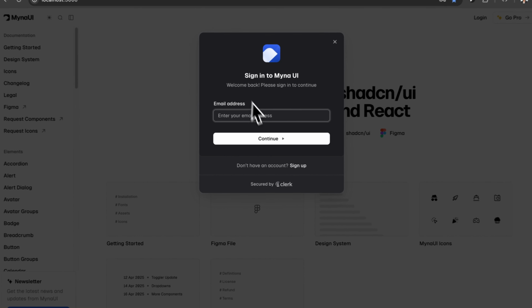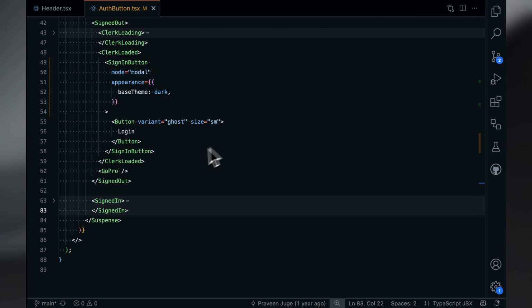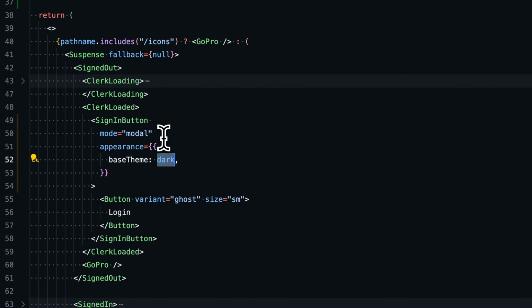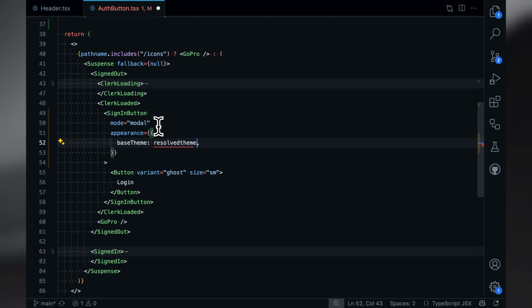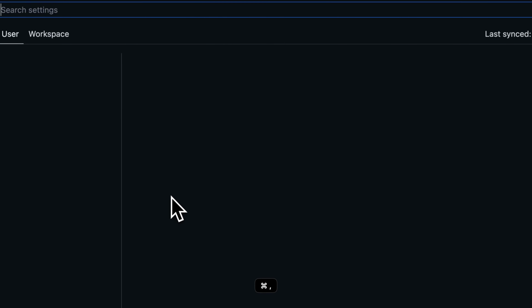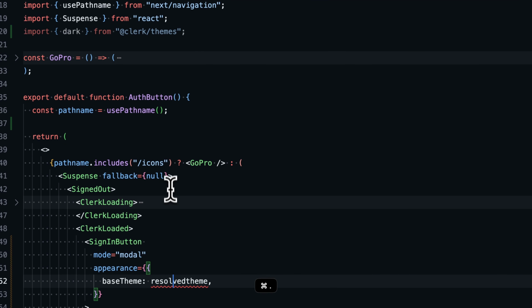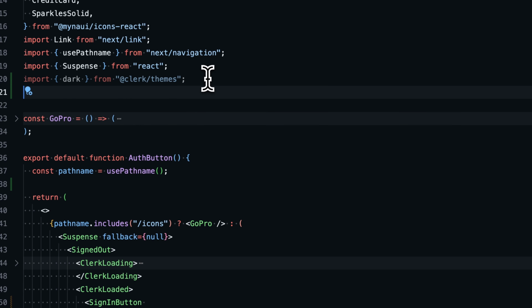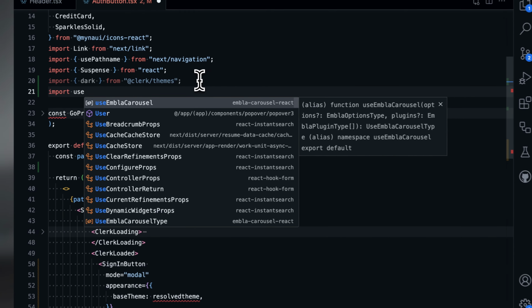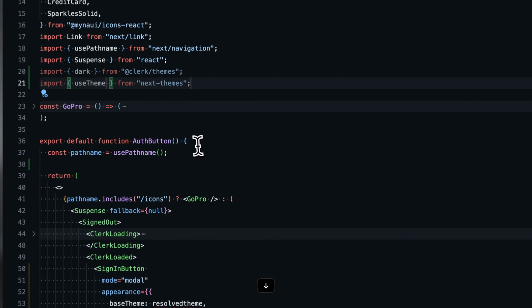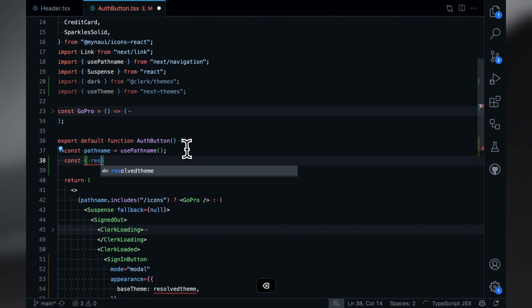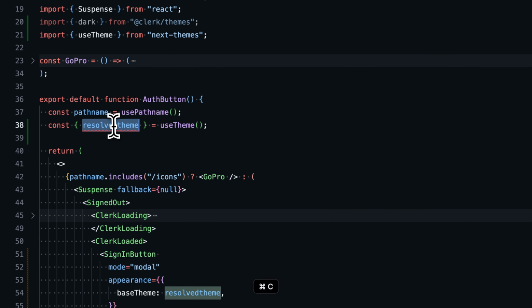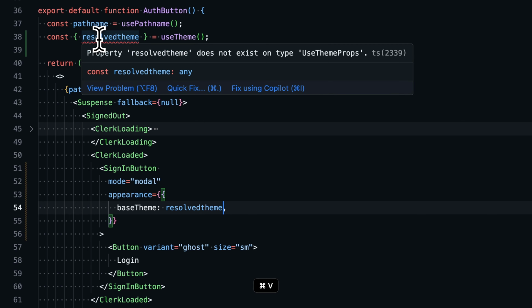Okay, so now I have to change it to light mode in light theme or dark mode in dark theme. Let's do that. So there should be resolved theme. Maybe I can import it. Let's just import useTheme from next-themes and const resolvedTheme from useTheme. Perfect. So resolved theme,